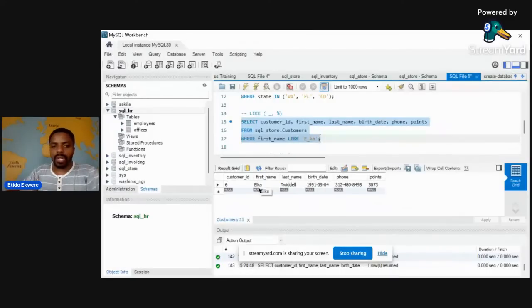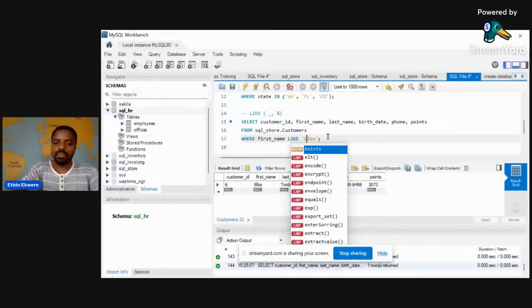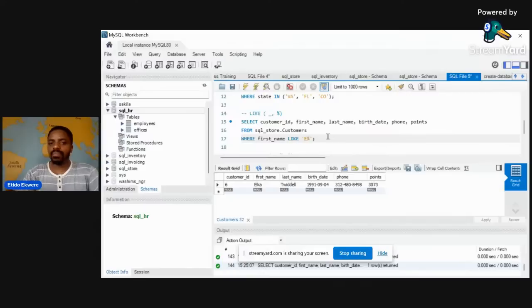Now, another way we could do this is we could even remove the E and put underscore LKA. It means, again, a single character is missing. You run this code and you're going to get Elka again. All right? Now, on the other hand, if you write E, put a percentage there, which is the other one,